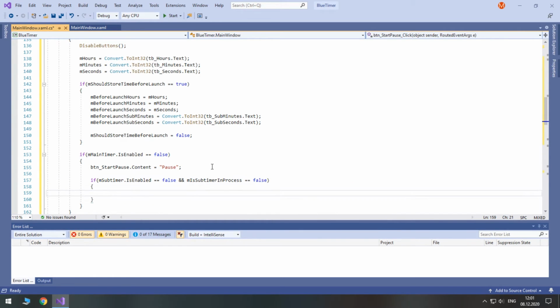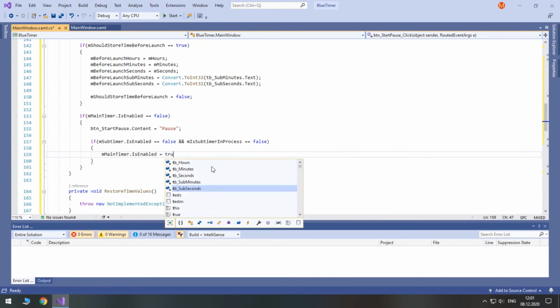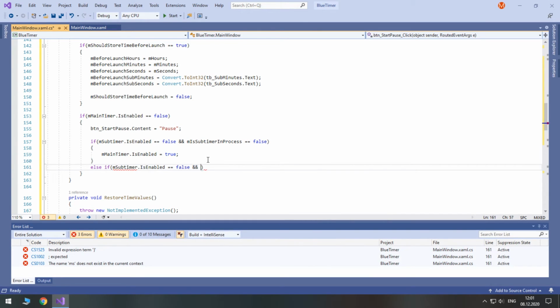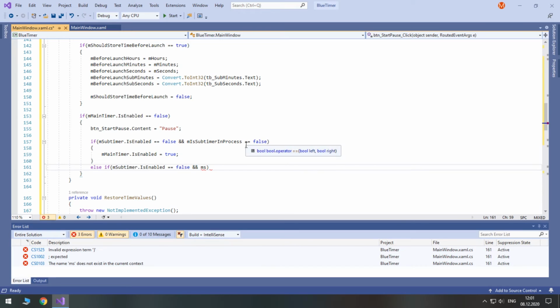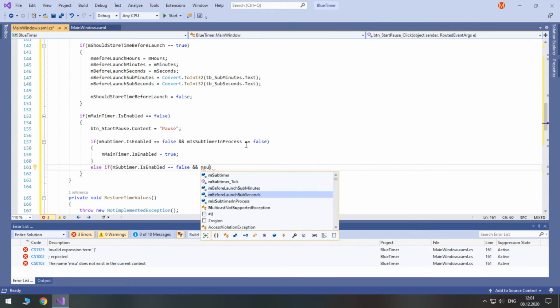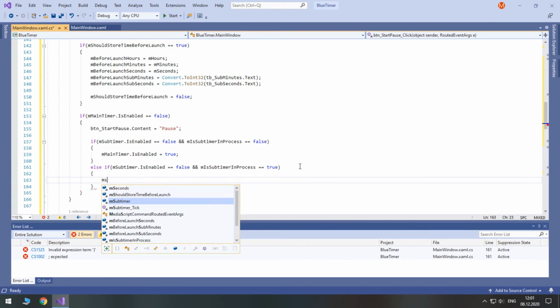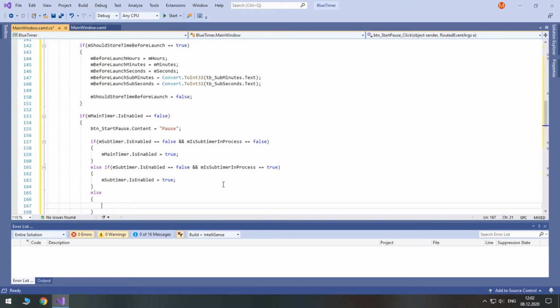If both conditions are true, we will enable the main timer. Else, if the subtimer isn't enabled but was already started, we will launch the subtimer instead. Otherwise, we should pause the timer.